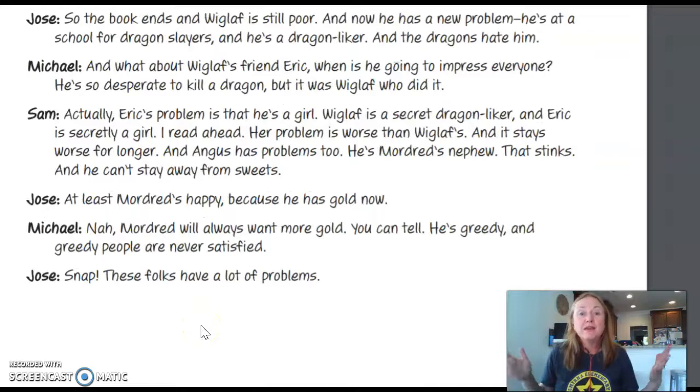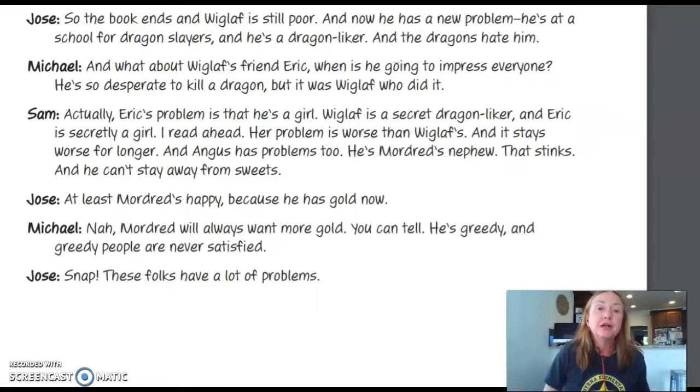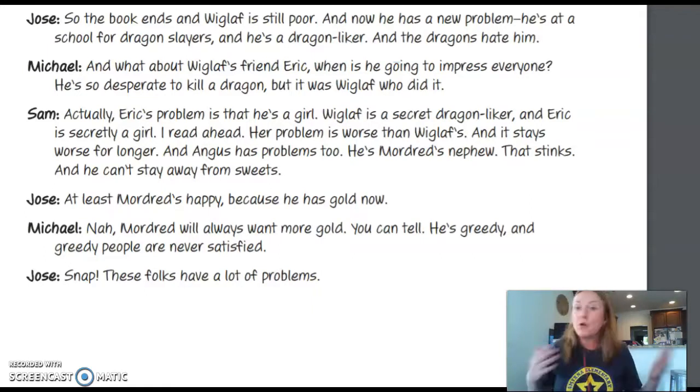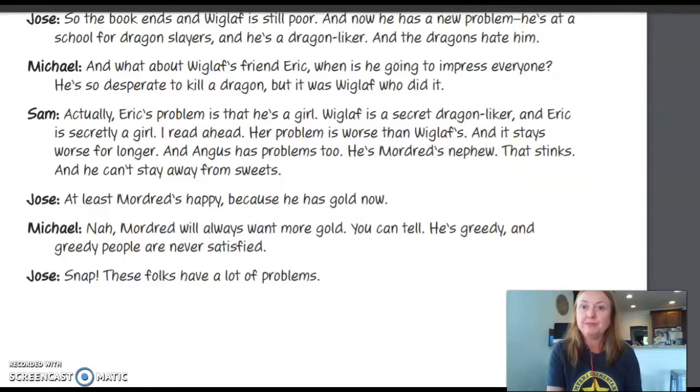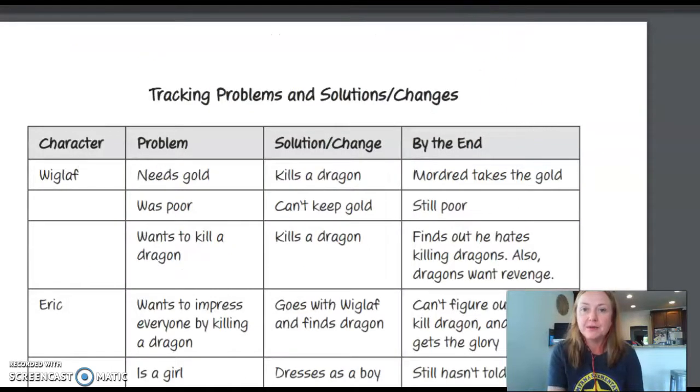So, wow, there is really a lot of information in this transcript between these friends who are talking about this book. And I'm noticing that it's all really about the characters and what the characters are doing. There are so many ideas, and it's going in all kinds of directions. So how can we organize that? That's what we're here to do today. So I want to show you. It's time for a graphic organizer. And here it is.